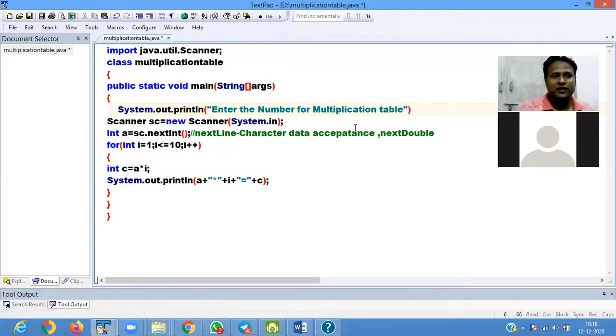Is this understood, Rafiz? Shatabdi? Now I run the file.